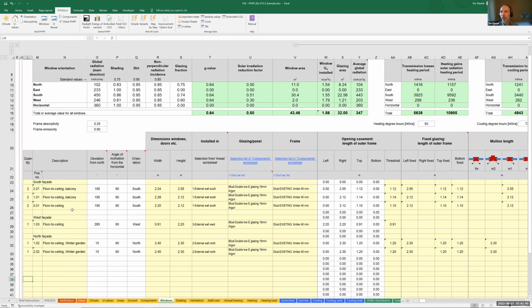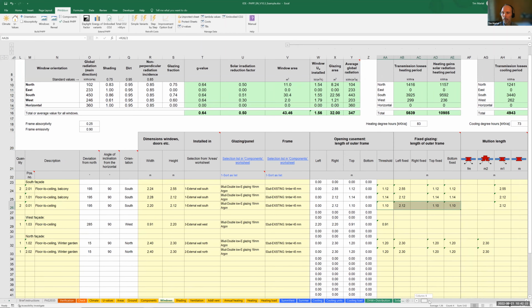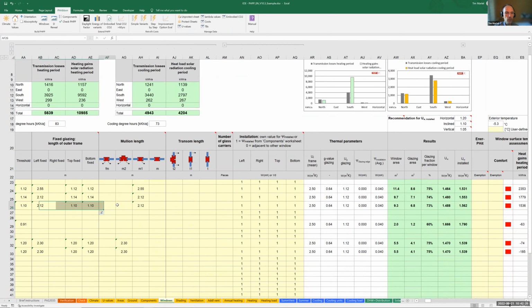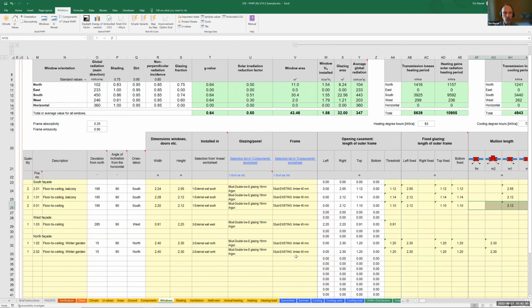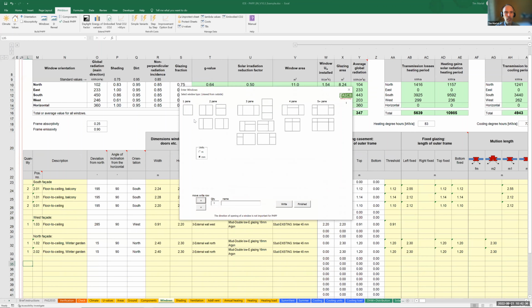And I did think, well, actually, that means probably you don't need a window tool, probably don't need a dereveal tool either. But then when I looked into it a bit more, I thought, well, maybe it can still help, because what we've got now is these extra cells here that have to be entered, fixed glazing there, and if I just scroll over a bit, mullion length and transom length. Maybe there is some help it can give on those. So what we've got now is a new version which, when you press the window tool there, gives you